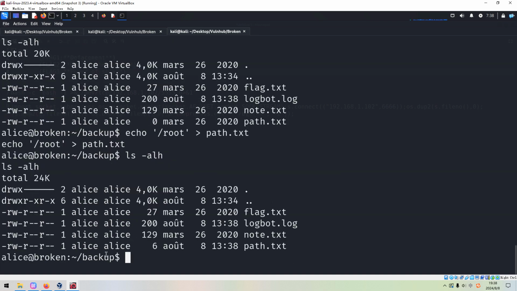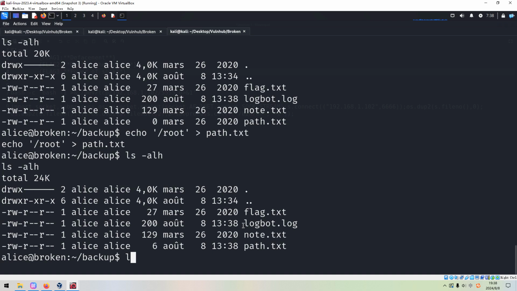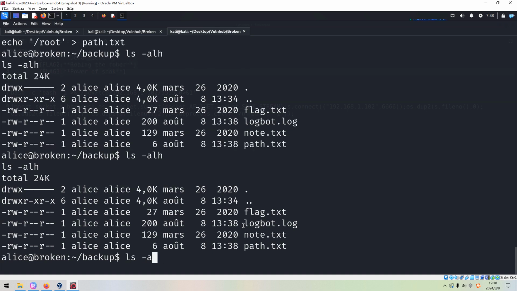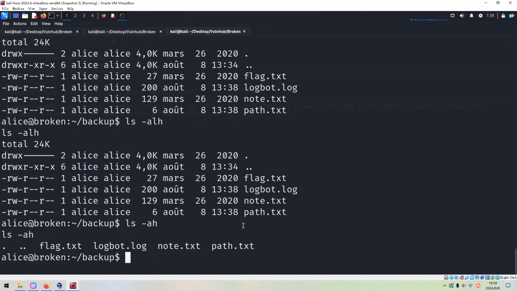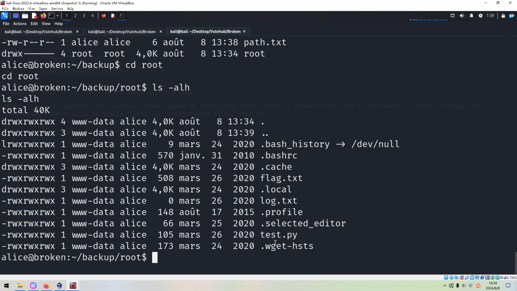I think just this one. Then we can retrieve anything in this path, right? As you can see this time, this directory has emerged, and we can navigate into this directory, and then we can get the final flag.